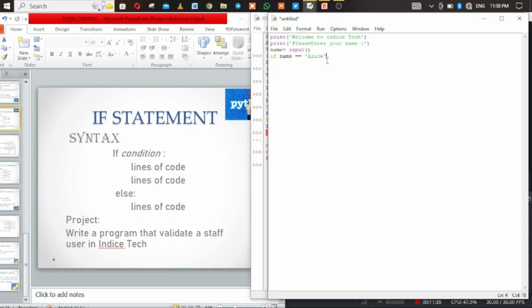So if name is Alice, then we put a colon. Are you seeing the condition? So if, then the condition, then a colon, then an indent is created. But let's just finish. So print hi Alice,